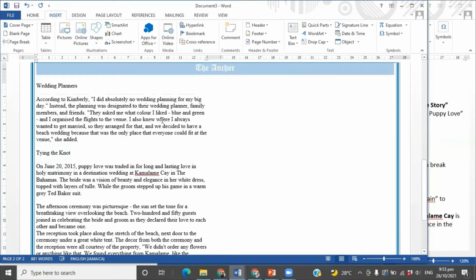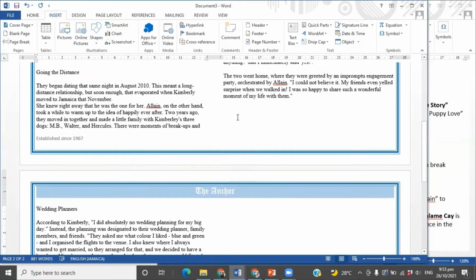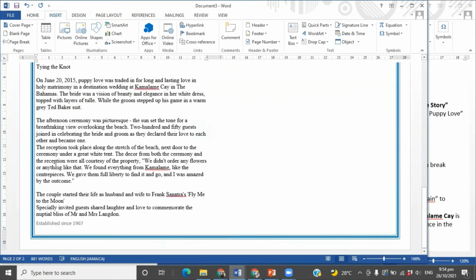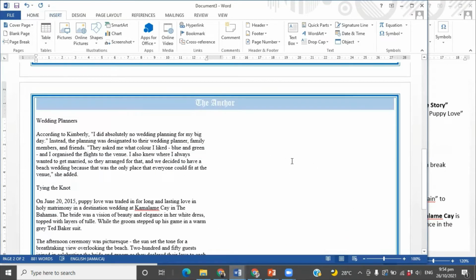So initially when we inserted the page break, this heading here, wedding planners, was on the bottom of this page. When I inserted a page break, it put wedding planners on a brand new page. In this case though, we're inserting a column break, which means that we're going to break this column right here, and it's going to take this text and put it on the right hand side of the